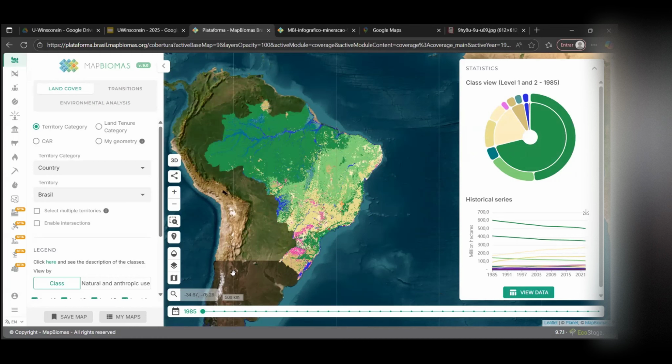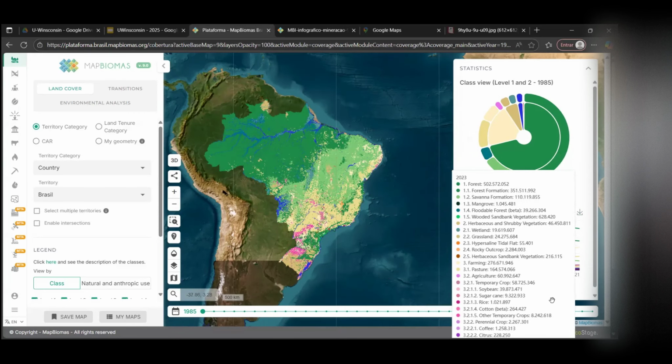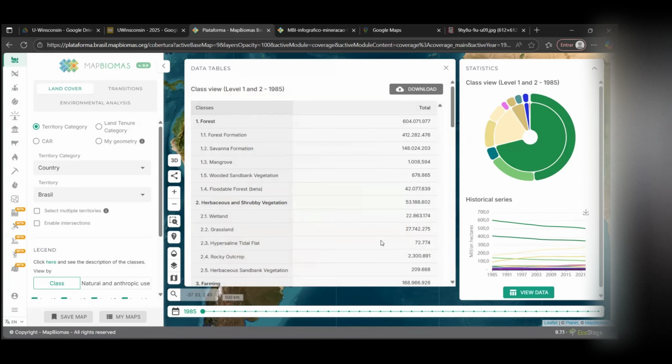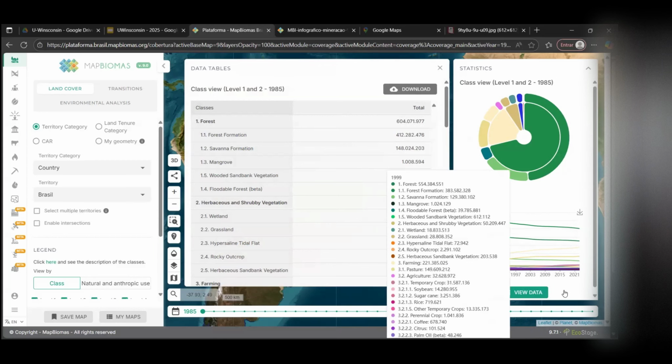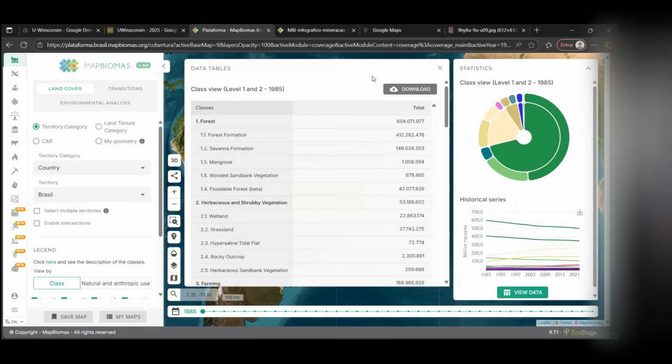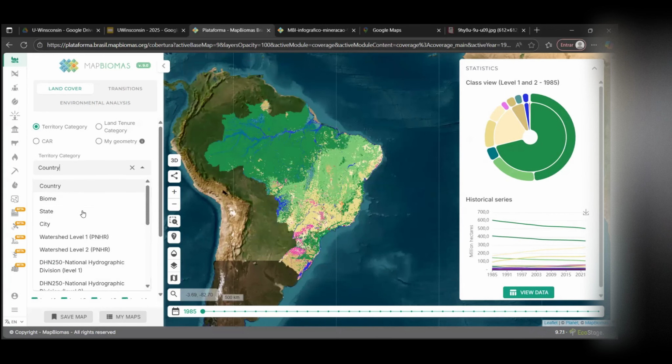Of course, if you are a more technical user, you can download the data itself. You can look into the raw data. You can download it and apply your models and make statistics, whatever you want to do with that. But this is one way of using MapBiomas data. You can actually filter it by country, by different types, like biome, state, city. So you can look at very specific data for very specific places, like cities. I'm not going to explore everything here because I will explore a little bit more the MapBiomas urban data platform. That is very similar, and everything that you can do inside the urban data platform, you can apply here also.